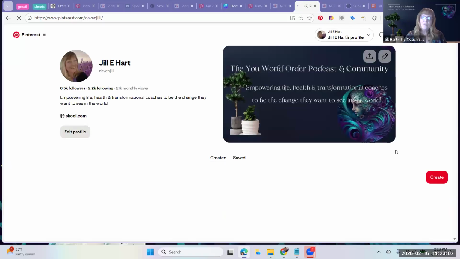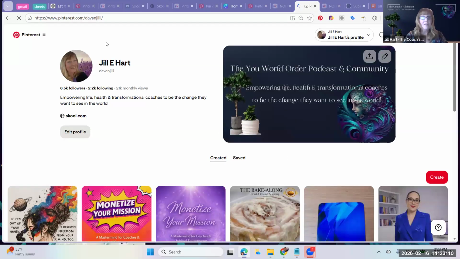There are tools out there you can use, but for the most part with Substack and with Skool communities, if you just remember to put the pinnable images on your posts and your articles, everybody else will kind of do the work for you, so you don't have to spend a lot of time over on Pinterest creating pins.